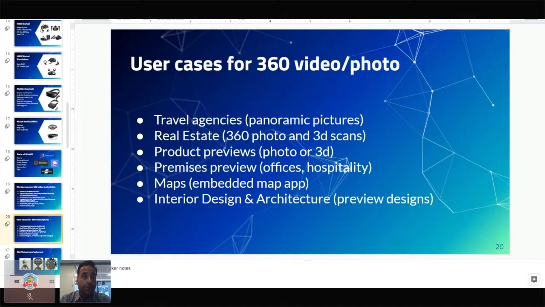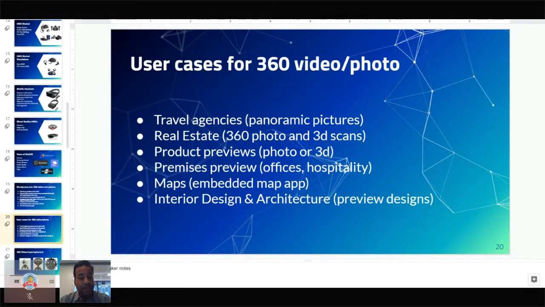Also, I used to work at a company that did a lot of websites for high-end medical practices. And one of the things that we did was to offer 360 photography of their premises, of their medical practice. So dentist office, plastic surgery, physical therapy, all of that. And maps, you could use 360 maps, 360 views of specific points in a map on your website. There's a lot of plugins for that.